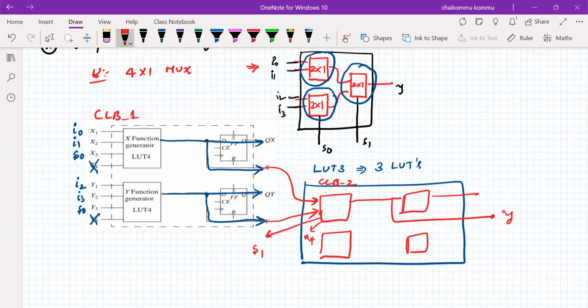So how many CLBs am I using here? 2 CLBs I'm using here. 2 CLBs, but not fully utilized by the lookup table. For any design, whatever the inputs are, you can use that many logic blocks. For example, if you're doing it manually, we consider only 3 lookup tables, but the FPGA itself consists of the 4 input lookup table, you have to utilize that one only. There is no doubt at all.